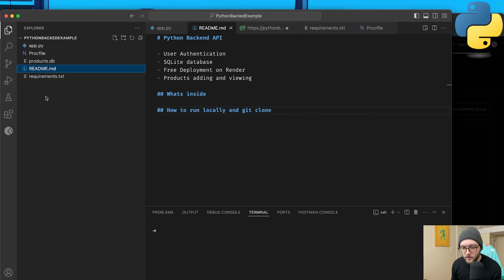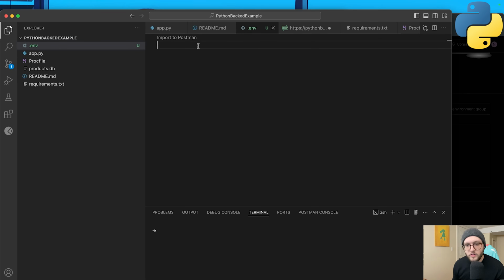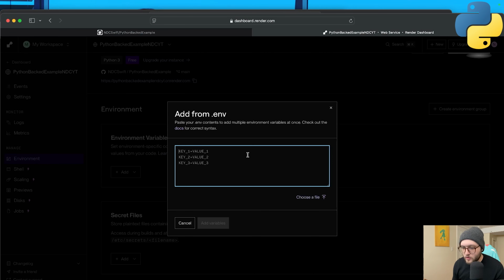Let's go back to our Explorer, create a new file, and we'll just call it .env, nothing else. So what are we gonna have for our API key? We can call it like products API if we want. Otherwise, we'll just do API underscore token, and we'll have it equal, let's do super secret token. Your token should probably be a little bit more secure than this, but let's go ahead and copy. We'll also save. We'll go to our env and we'll paste it in here, and we can add the variable,